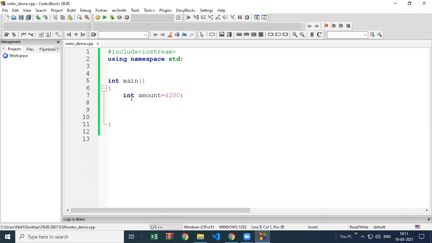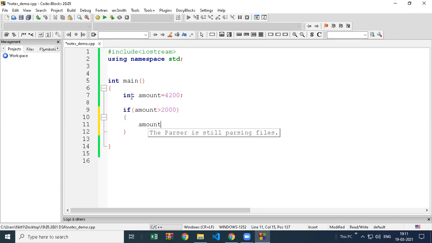So first of all, we have to check whether this amount is more than 2000. If it is more than 2000, we will divide this amount by 2000 to check how many notes of 2000 there are. So here you will get, let's say, the answer for 2000 notes. Just declare this on top.